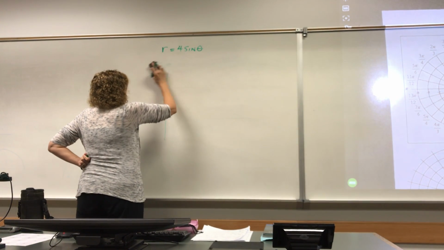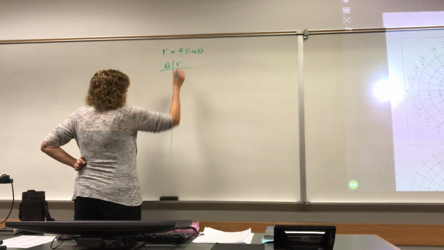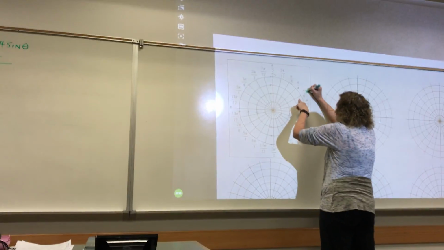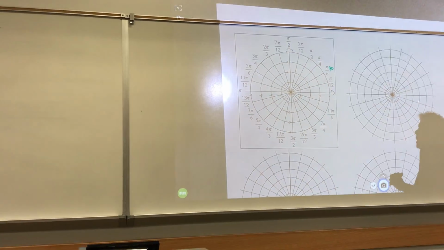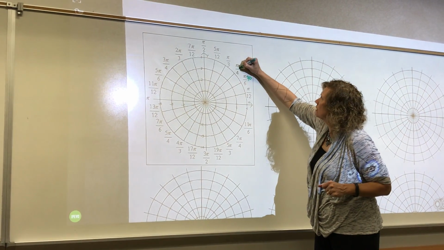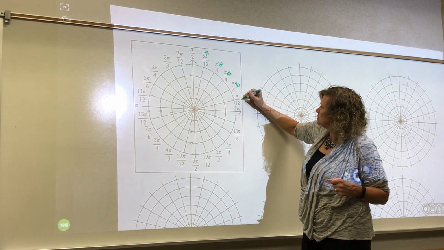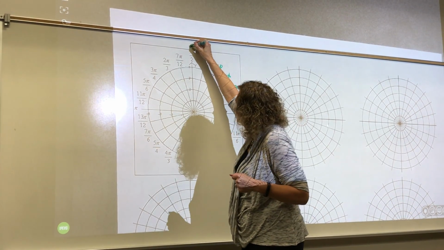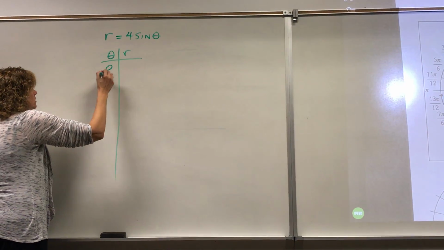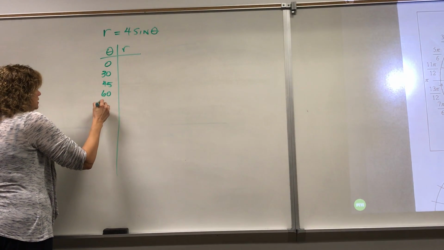Actually, I kind of make my t-chart the other way, because I put my angles here and my r's there. So this right here is 30 degrees. Unless you want to keep using your pi button in your calculator, we're just going to do degrees, and then punch it up and get our decimal approximations. So we got 45, we got 60. If we want, we can do 75. These are increments of 15 here. Okay, 90. All right, so let's just do 0, 30, 45, 60, 90,